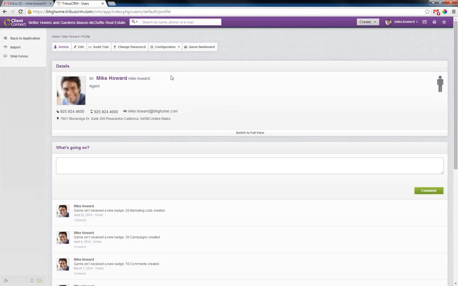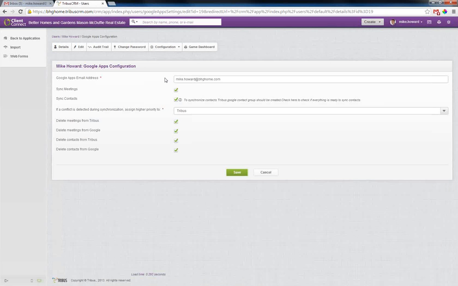Next, you're going to want to look for the button called Configuration. When you point at it, there are several choices. We're going to select number 4, Google Apps Configuration. From this screen, you'll want to fill out the form with your BHG home address, not your personal Gmail address,